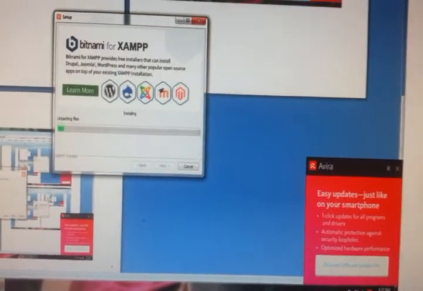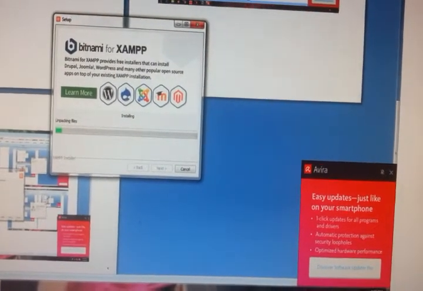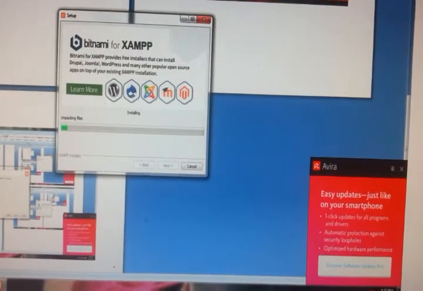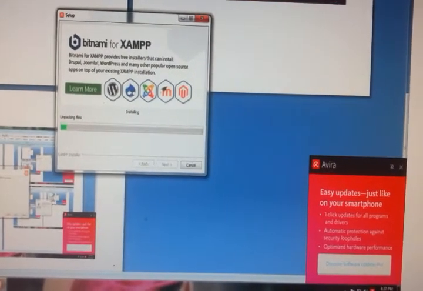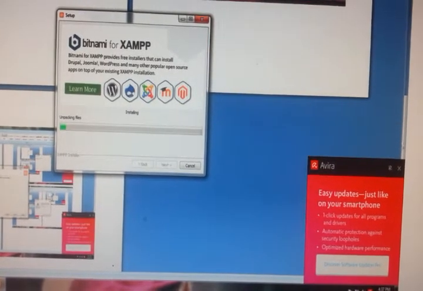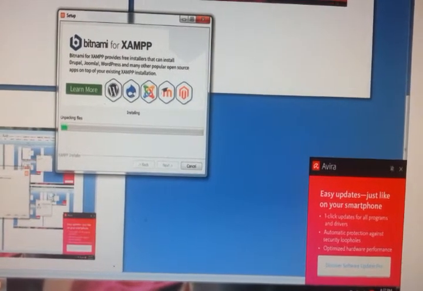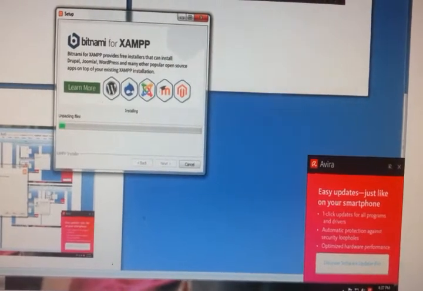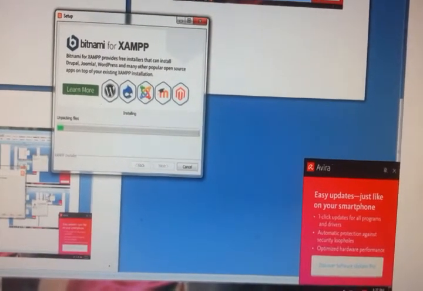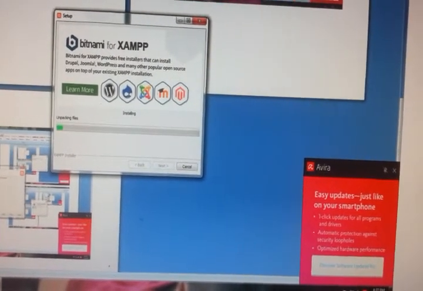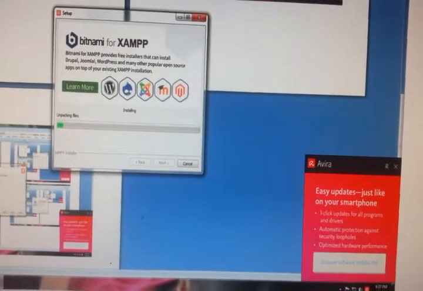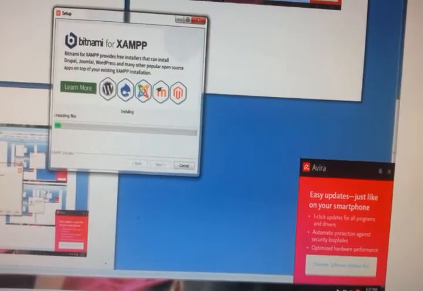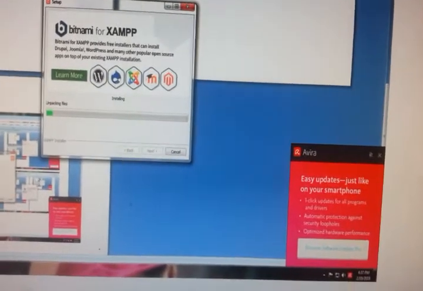When you click next, you will get this window and it shows the unpacking of the files and installation process. So this will take a few minutes to unpack all the files that are required for XAMPP.